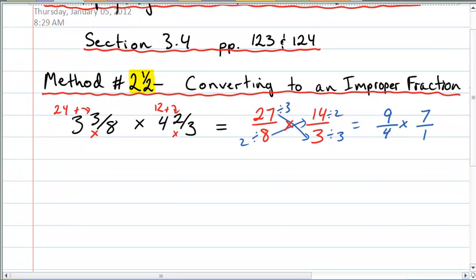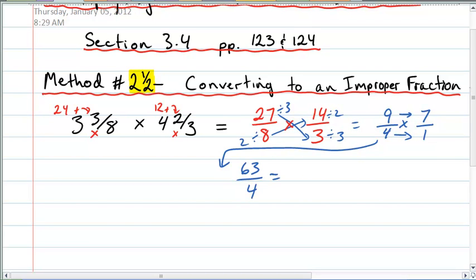So now we simply do the math here. We go 9 times 7, right, and 4 times 1. And I'm just going to move it down here just so we can see. 9 times 7 is 63. And 4 times 1 is 4. So we have 63 over 4,